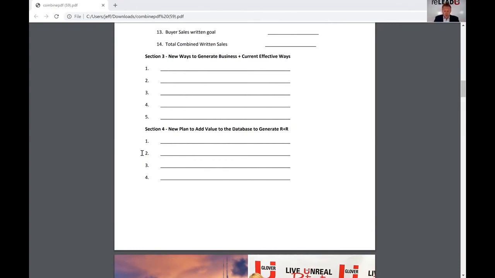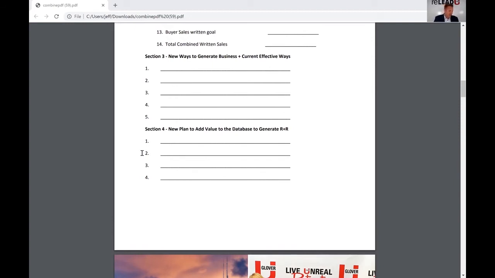So what I want you to do in this section, I want you to write down things you can do to add value to your database in the new post-COVID era, right? So, for instance, we have every April a Detroit Tigers opening day party for 500-600 of our best clients. Obviously, we weren't able to do that. So we're looking at things we can do throughout the year instead of that, things that are either virtual or things that are in group settings, but they're smaller settings, people are spread out, whatever. So you have to think about things you can do to add value to your database.